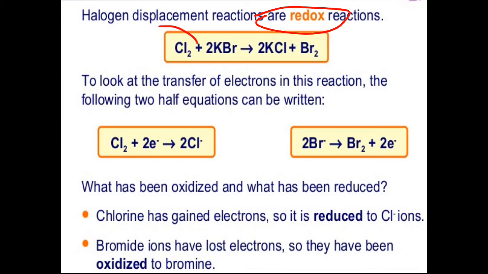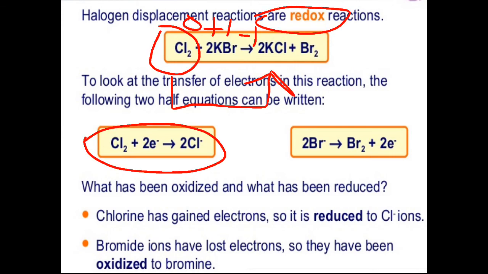Briefly, redox reactions are those reactions which are studied in terms of gain and loss of electrons during the chemical change. Now you see the chlorine is in the zero oxidation state because it is in the elemental state. But when we see the oxidation state in potassium bromide, potassium is in positive 1 state because it is an alkali metal, a group 1 metal, and bromine is in negative 1 oxidation state. So the conversion of chlorine into chloride is only possible when chlorine gains electrons to form its anion. So this change is reduction. So chlorine is said to be reduced.